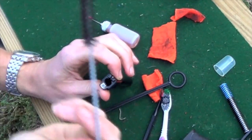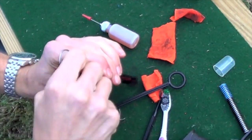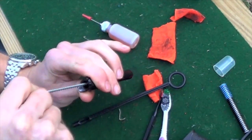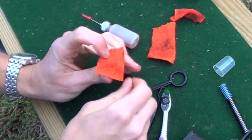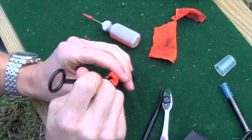And if you want to, go ahead and take a brush. This here's a nylon one. There's different ones. There's nylon, there's metal, there's all different kinds. Make sure you get one that's safe for your barrel. These melonite barrels are pretty tough, so you're probably not going to ruin them with any sort of brush out there. But I like to use nylon if I use anything at all, just to be on the safe side,